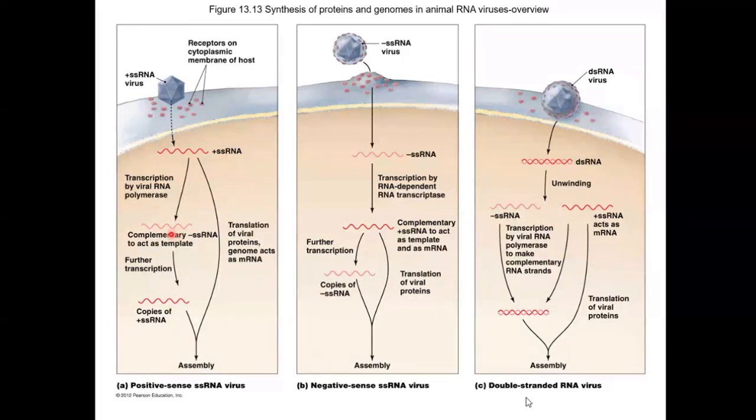This negative polarity, although this can automatically be translated into protein, and this protein, one of them is the polymerase that allows synthesis of a complementary strand, and this complementary strand will be the base or the template for making more copies